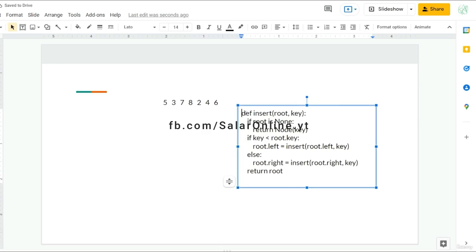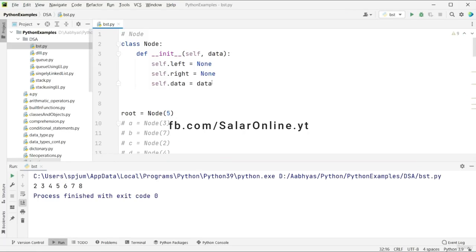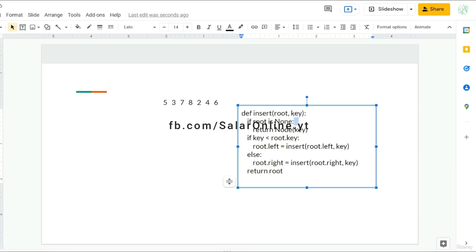The first statement is we are defining the insert function and we are taking a root and a key that we want to add. Instead of key we have used data while creating our binary search tree, but this is one and the same. So we are taking root and the key. Then we are checking if the root is none, that is, there is no tree created. So if the root is none, then we are creating the node for root and we are returning the root